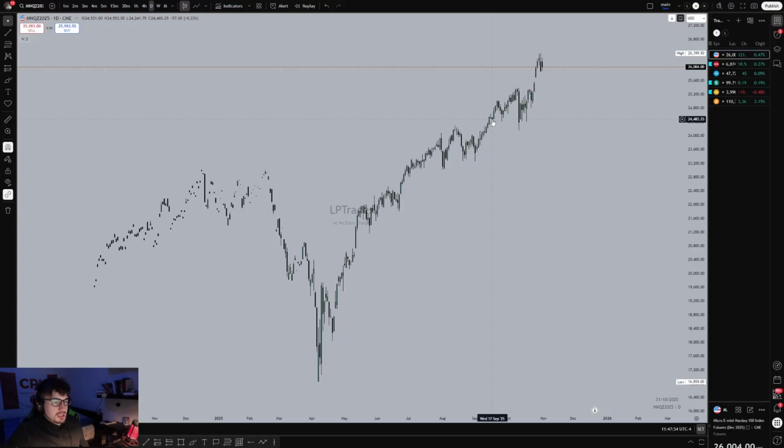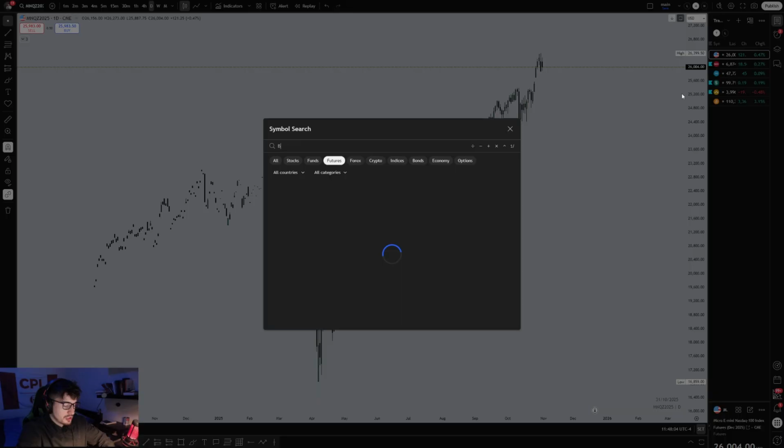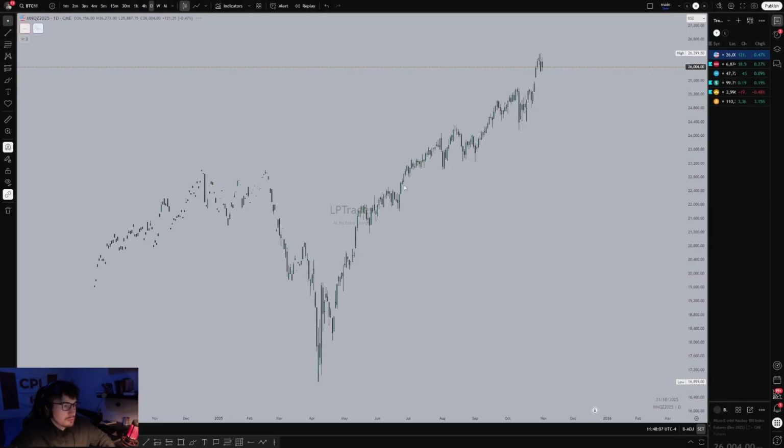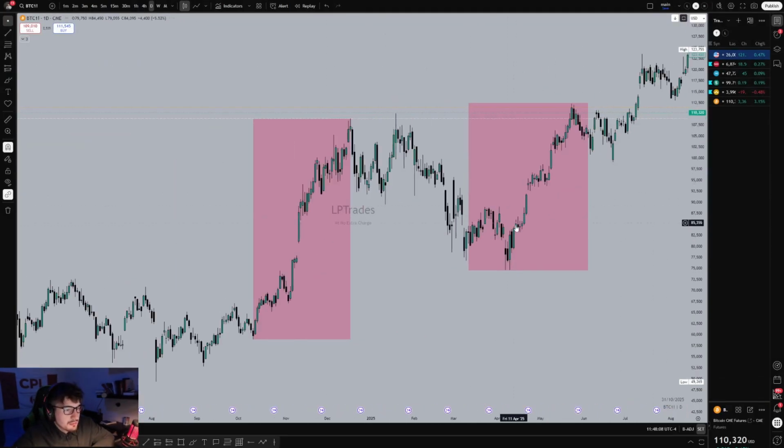For example, on this day, September 17th, we wicked out to a 2-day low, and then the candles going down, 9:30 opens and it shoots up, right? But I feel like on Bitcoin, if you go back here in this period of time, we don't really have many retracements that take out the low of the past few days. I mean, we do in these small periods of time, but there's a lot of very quick movement higher, gaps higher,